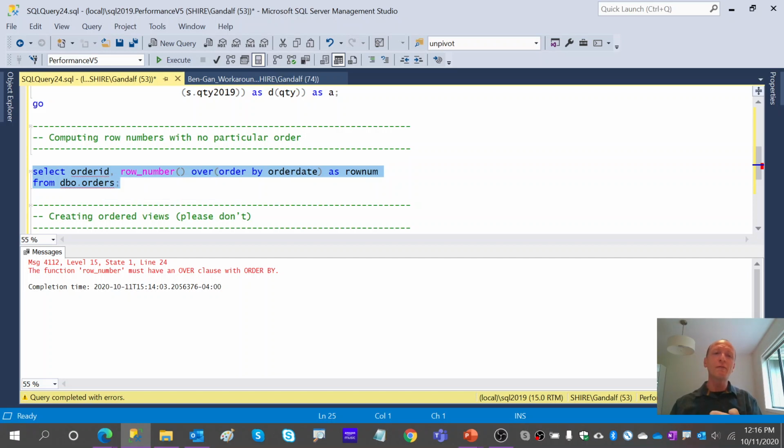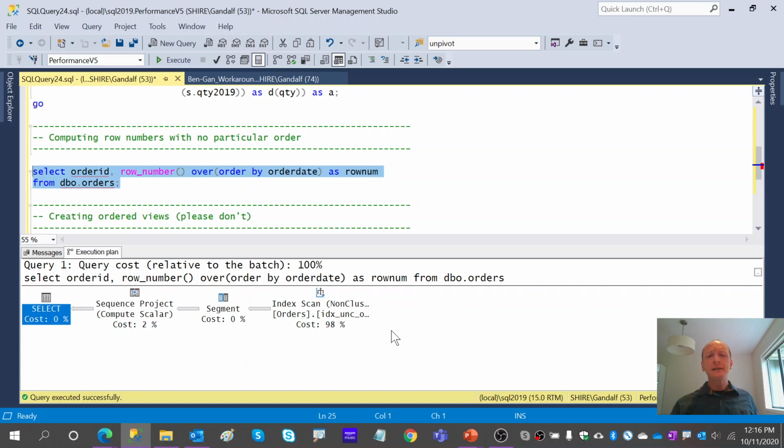So now we're kind of forcing the optimizer to make a choice that is not really ideal. Either choose the non-clustered index that is narrower but doesn't have the data in the right order, so forcing a sort, or choose the clustered index that has the data pre-ordered and avoiding a sort. So we can check the query plan.